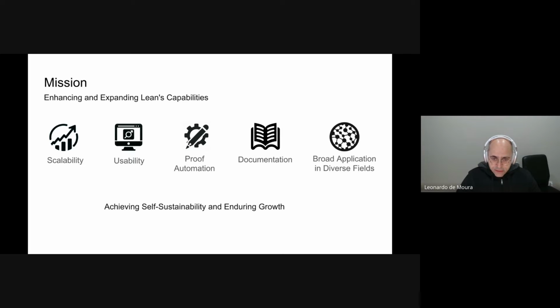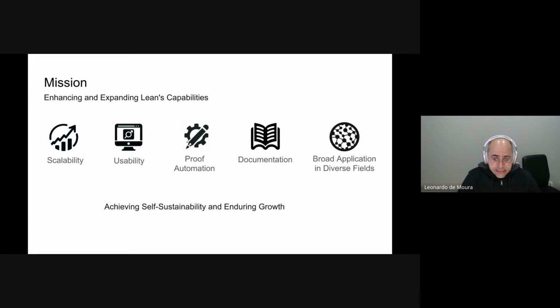Documentation is another big deal. We are working on delivering better documentation authoring tools, and improving our own documentation, like the reference manual. We don't want a reference manual where, when people go to the string section, it's empty. There are many gaps there. We want to fill these gaps. This is in our roadmap. If you read our roadmap, you're going to find this information there.